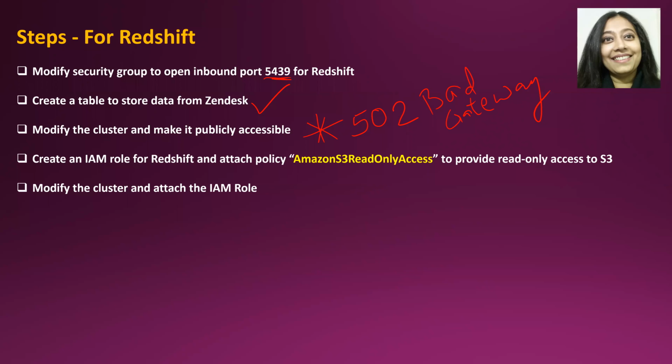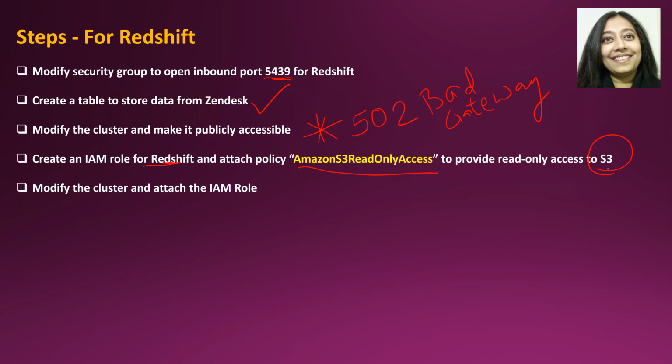The next thing that we need to do is create an IAM role for Redshift, and to this role we will attach this policy, Amazon S3 read-only access. This is to provide read-only access to Redshift for S3. You will notice that when you transfer data from Zendesk to Redshift using AppFlow, it goes via S3.